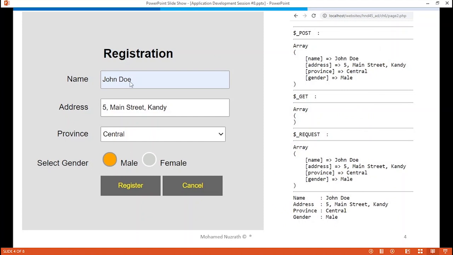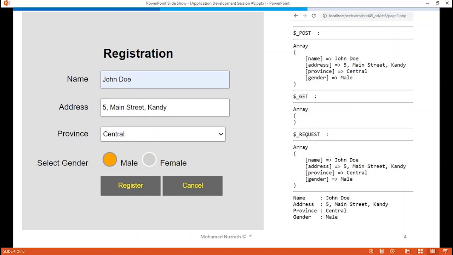In this page, if I have not filled in the name, but I have filled all the other fields, and I try to click the register button, the system from the front end itself should block this. We should not let this happen. In order to do that, we will need to use JavaScript. Once we have started database programming, I will show you how you can use JavaScript to block such a problem, or to validate that all the fields have been entered properly when the user clicks the register button.